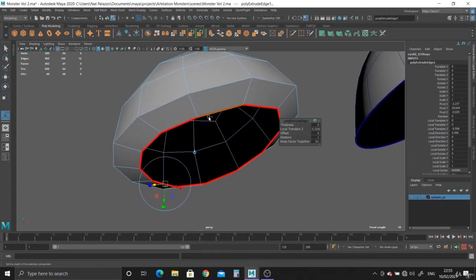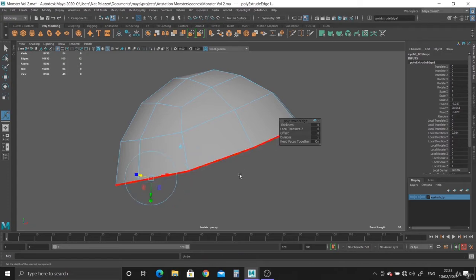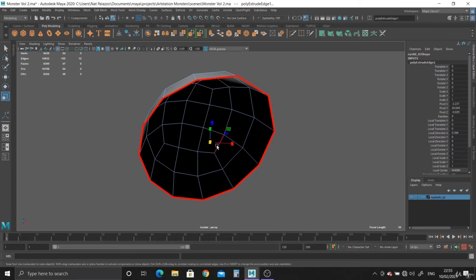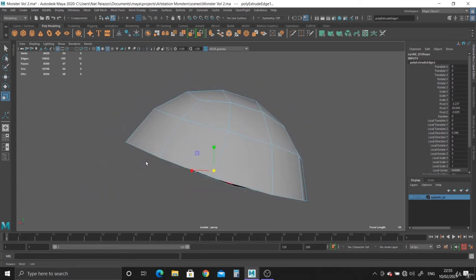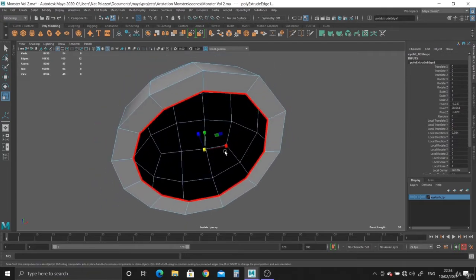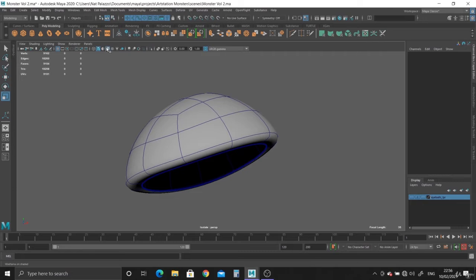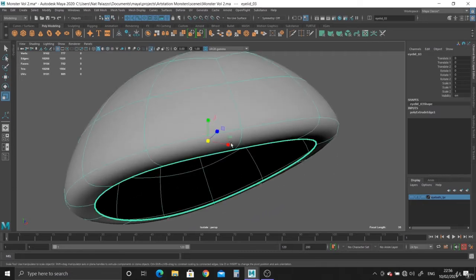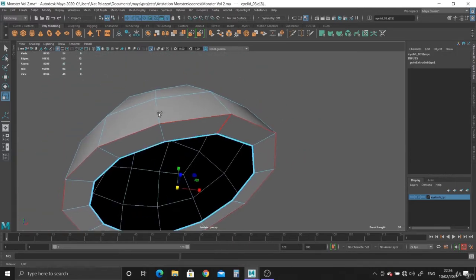Now I personally don't really like it going in at an angle, so how do you remedy that? I'm doing Control Z. What you can do is hit R for scale and just bring it in, and as you can see it brings it in flat, and to me that's better. Alright, okay, so if you hit 3, take a look at it. It's very soft, the edge of the eyelid, and you might want it a bit sharpened,